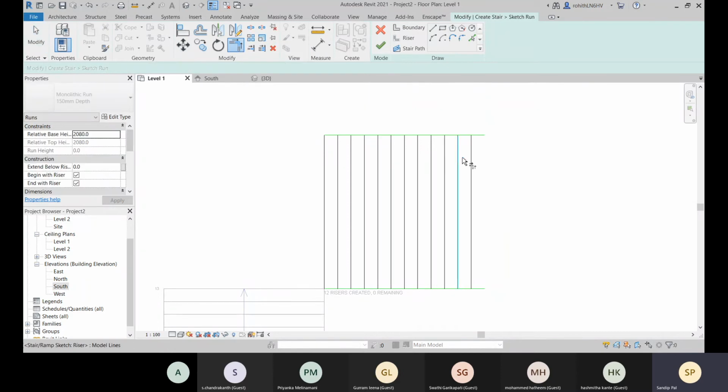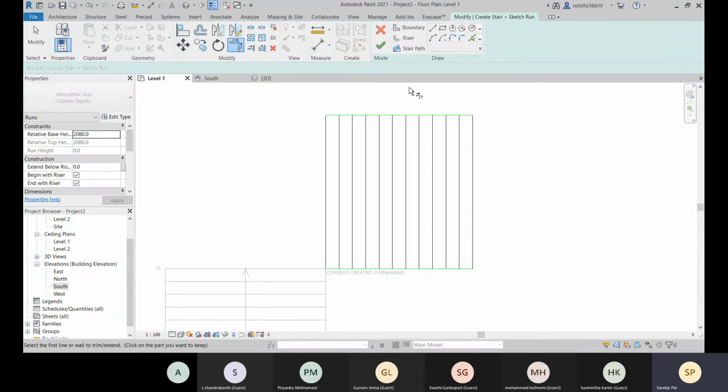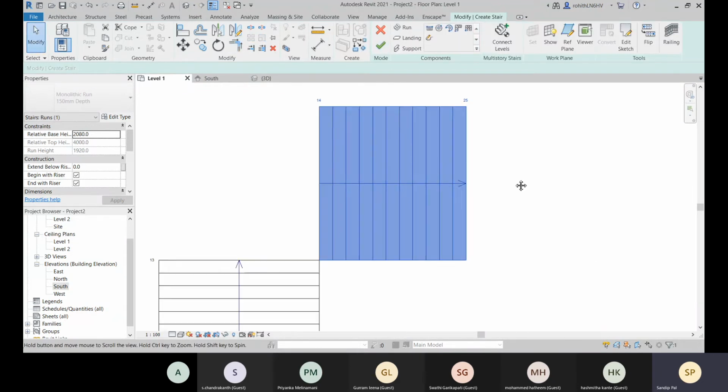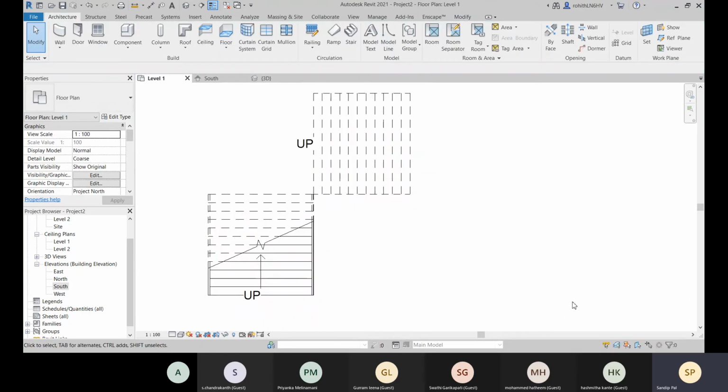Let me trim this part. Okay, now it's done. And when I finish this edit mode, it will complete, or it is not completing.